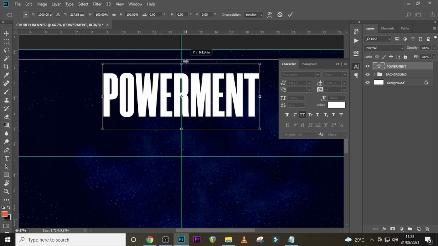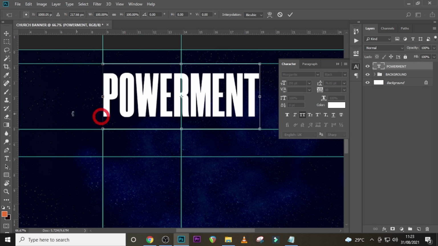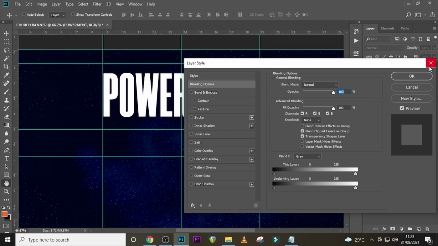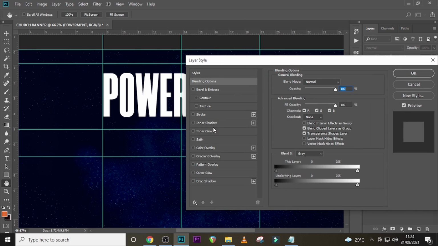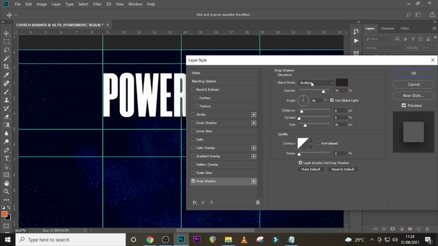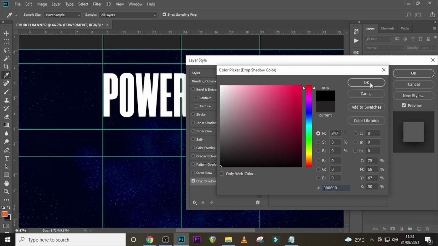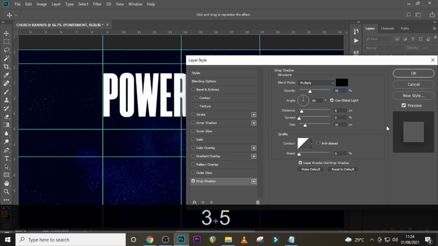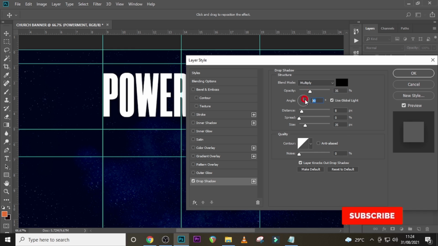I also like to pull this here and pull this here and pull this there and pull this here. Then I'll double click it and then look for drop shadow somewhere here, and then click on it. Set here to multiply. We're also going to use a black color, and then the opacity, let's make the opacity 35%, and then the angle, let's make the angle 122,